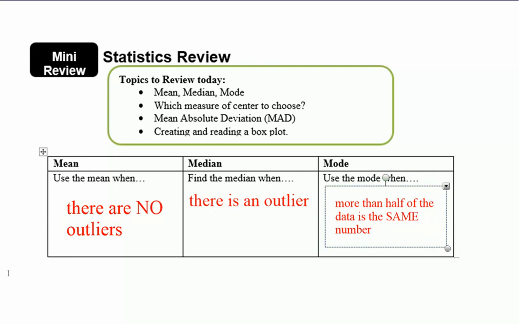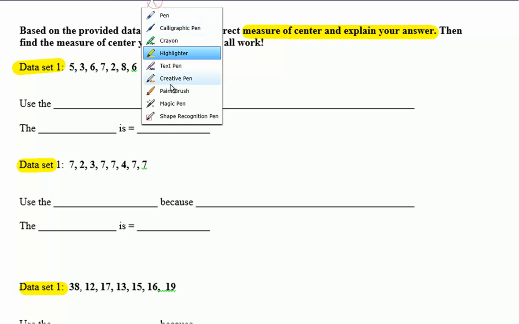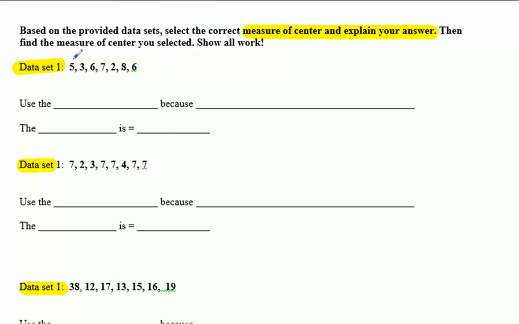Okay. So now, based on that, I gave you 3 sets of data. Data set 1, data set 2, data set 3. Your job was to decide which measure of center I should use. Oh, I never numbered them, sorry. So select the correct measure of center, explain why I'm using it, and then find that measure of center. So for the first one, I don't believe there is an outlier, no. So I'm going to use the,